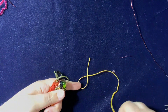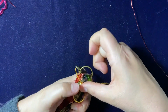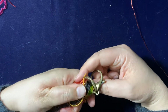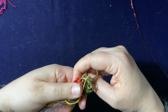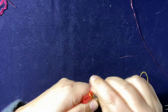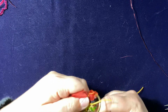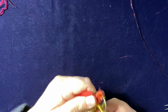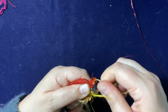And where this piece is on the top and this piece coming up from the back is behind, I'm going to set that on top and hold that with my thumb up towards the top of my loop. I'm going to bring this about somewhere between 1/4 and 1/2 inch below the edge, and I'm going to pull that loop around. And when I do this, what that gives me is a really stable base